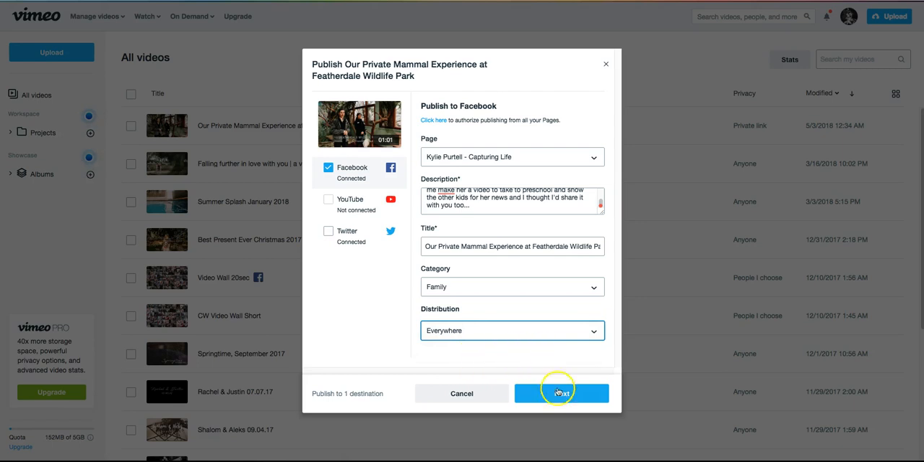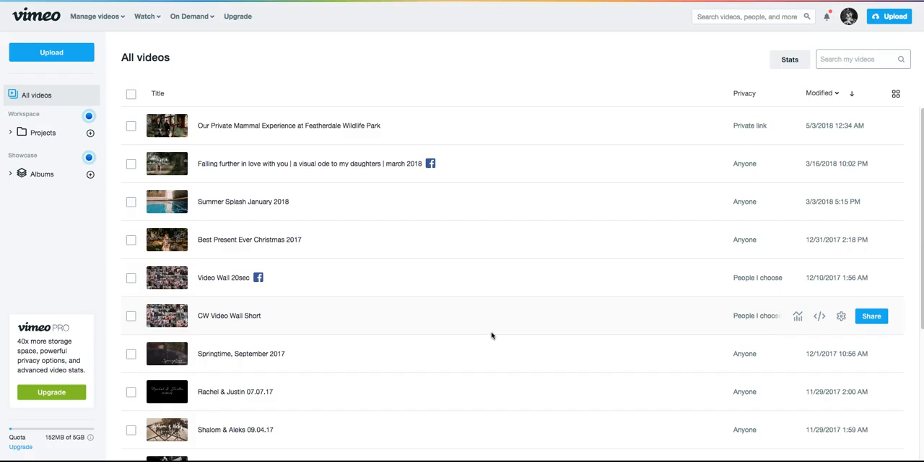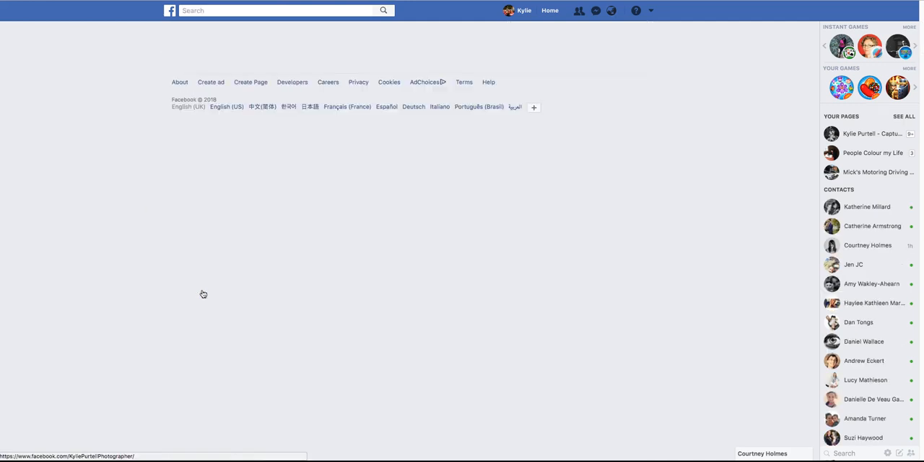Once you've done all of that, you just click the next button and then it'll ask you if you're ready to publish, just to make sure that you're definitely ready. So then you click next, and it will save that, and then it will publish it to your Facebook page for you. So then come back to your Facebook page,